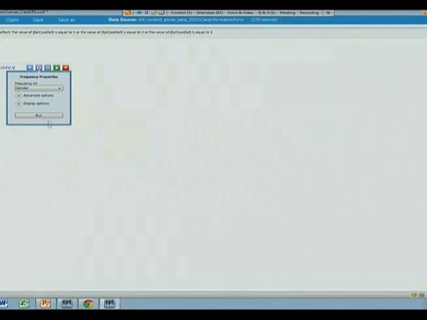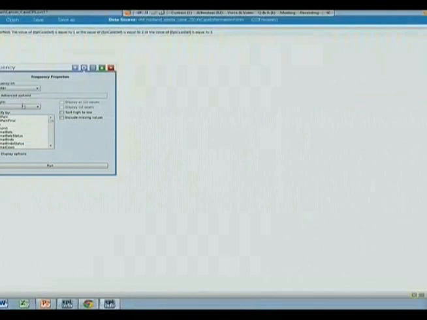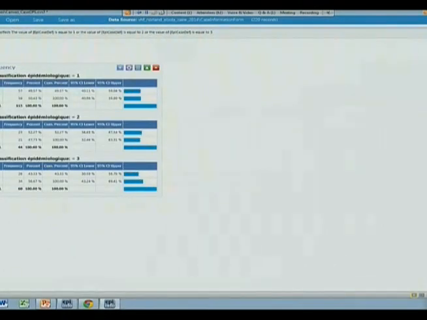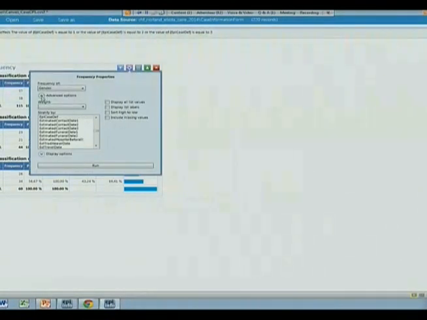So I'm going to do a frequency of gender, advanced options. I want to stratify by epi case definition. And I click Run, and so now I can look at gender. 1 is male, 2 is female. There's a way you can, again, it depends on how well you know how to use this, but